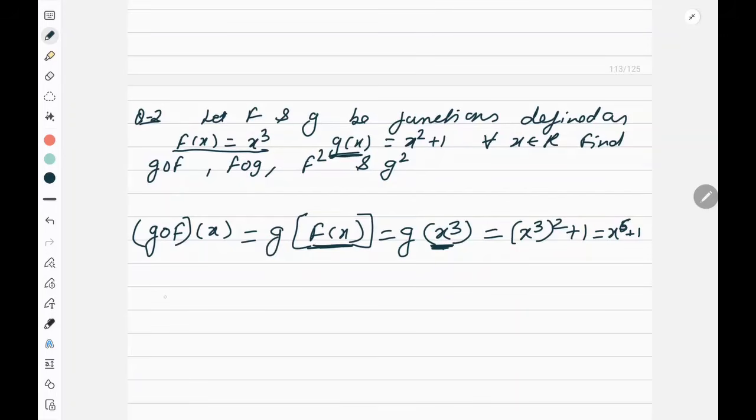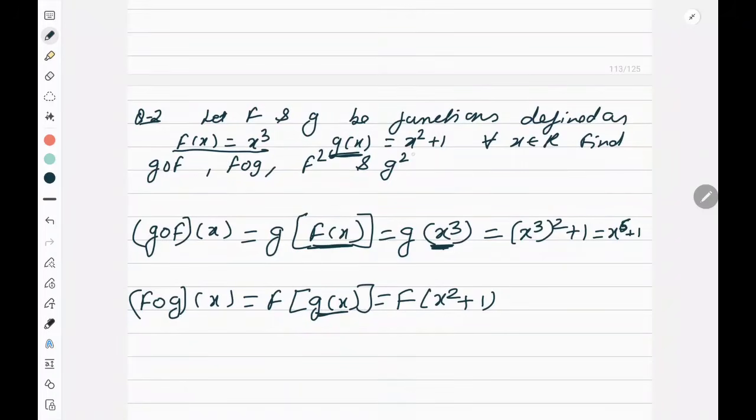Simple. Now next is f o g. So f o g of x I am doing. So this will become f of g(x) is equal to f of, what is g(x)? g(x) is x square plus 1. See, g(x) is x square plus 1. Now f of this thing. So this is playing the role of x now. So go to the definition of f(x). f(x) is x cube. Whatever is x, I have to cube it. So (x square plus 1) whole cube. This will be the answer.